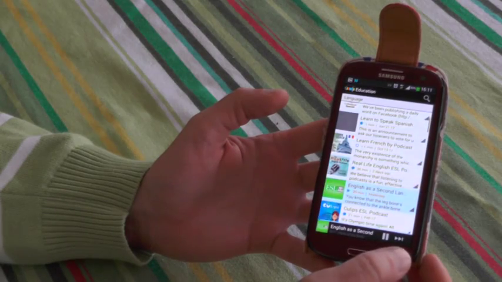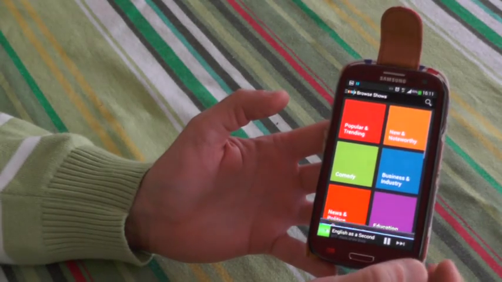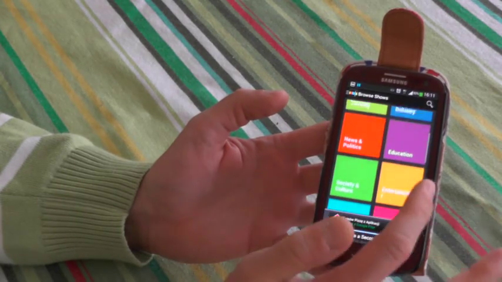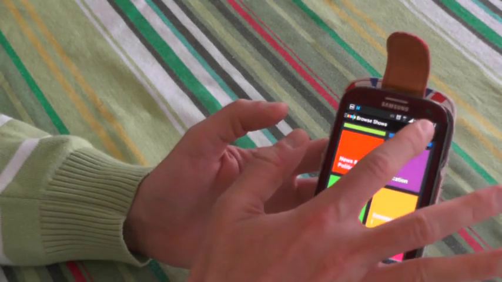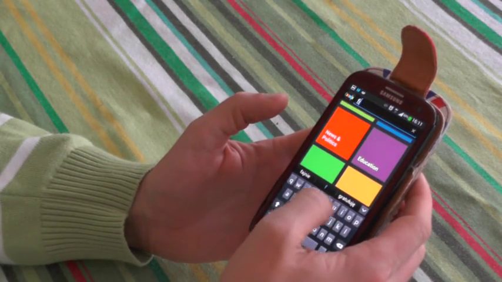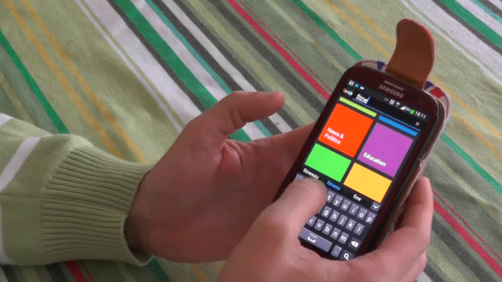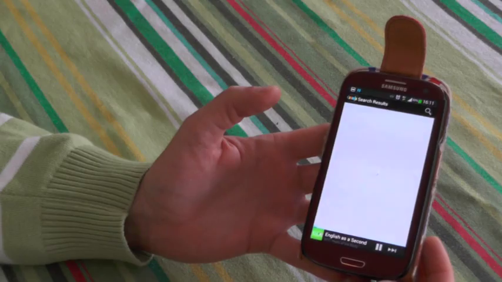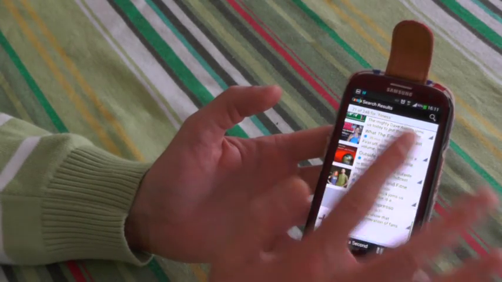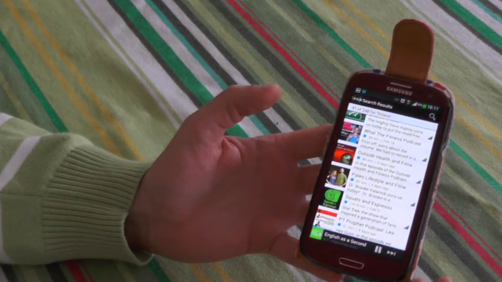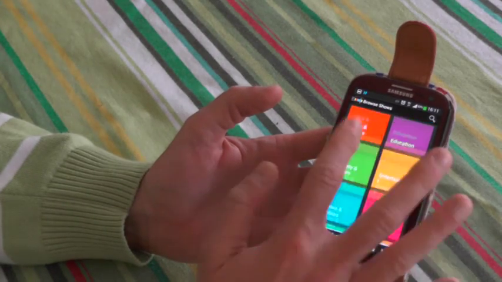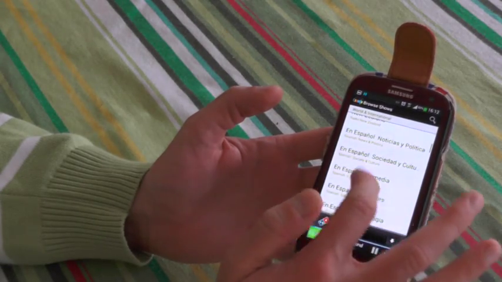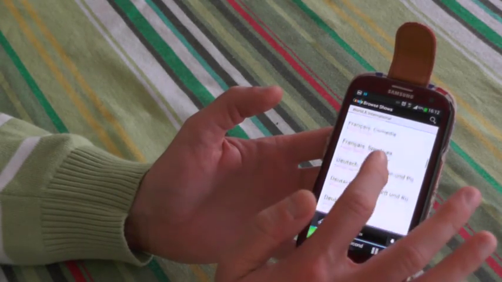For those who are more advanced, I just want to present the array of subjects that they cover. So popular and trending, comedy, news, politics. For example, if you're interested in fitness, you just write in fitness here, and you've got a whole list of different podcasts on this subject. There are like millions, I would say. For those who are interested in foreign languages, which I find extremely useful, you've got various languages represented here.